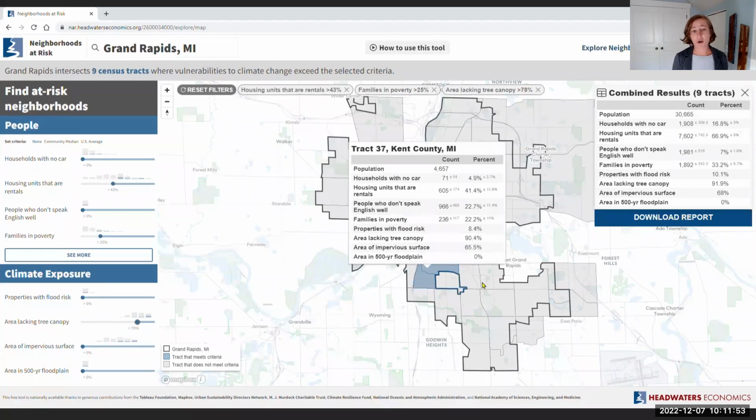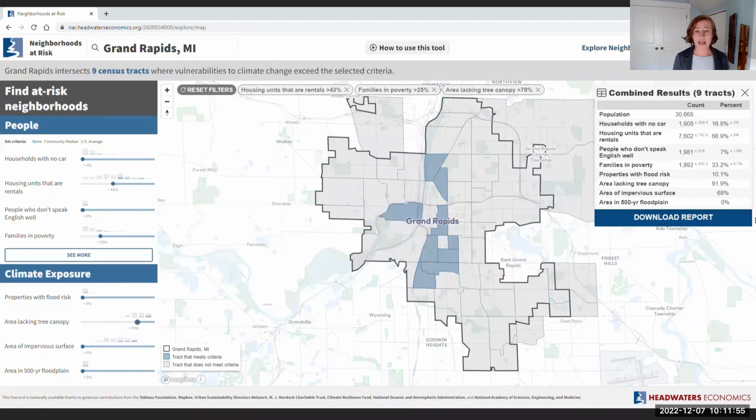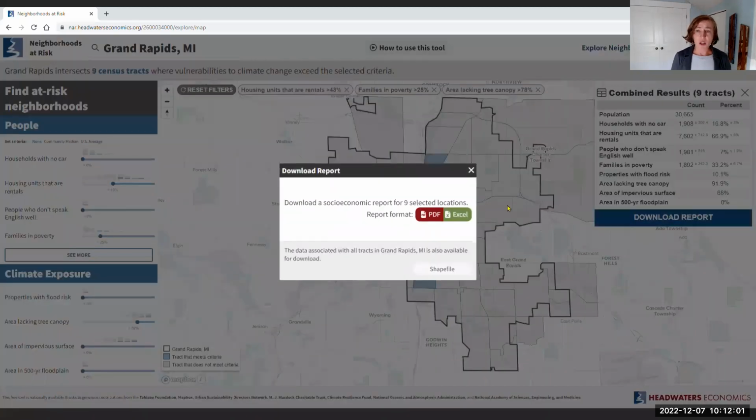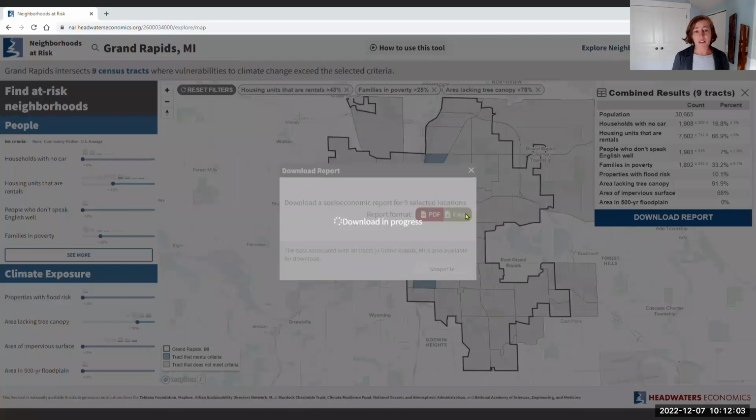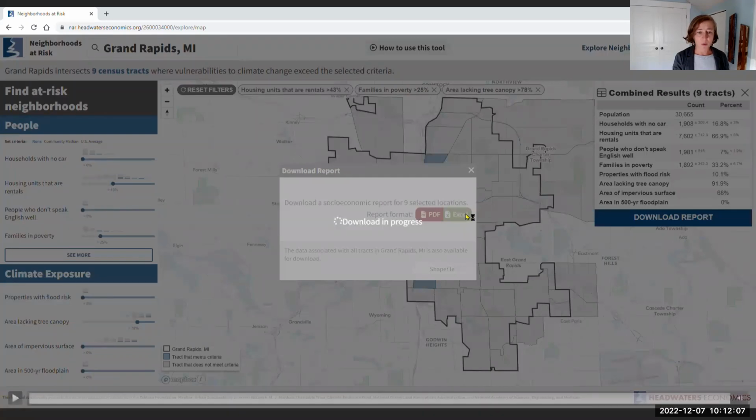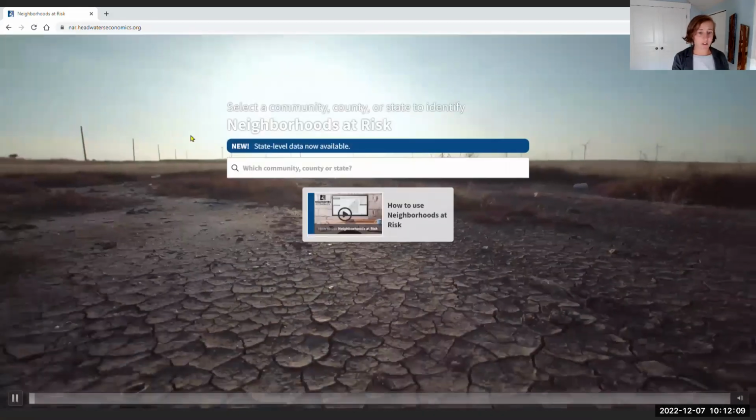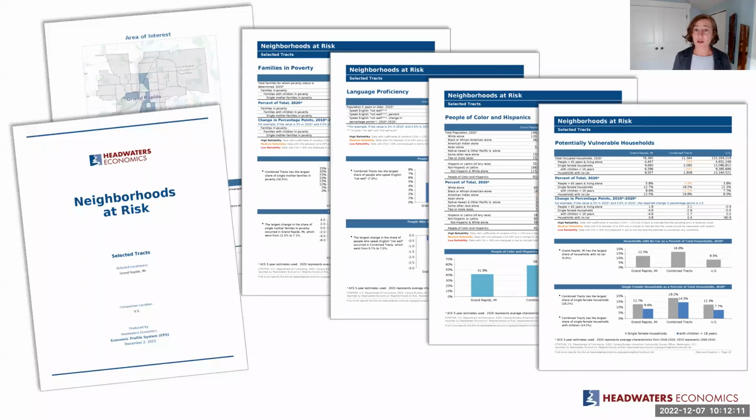As you hover over neighborhoods with your mouse, you get more data, and you can download information in a customized report. So as you'll see later, when you click this button, our server is actually generating for you a customized report with all kinds of data and information specific to the filters that you've set in the data tool. The report includes data, charts, graphs, and further reading specifically about what you have asked of the tool.